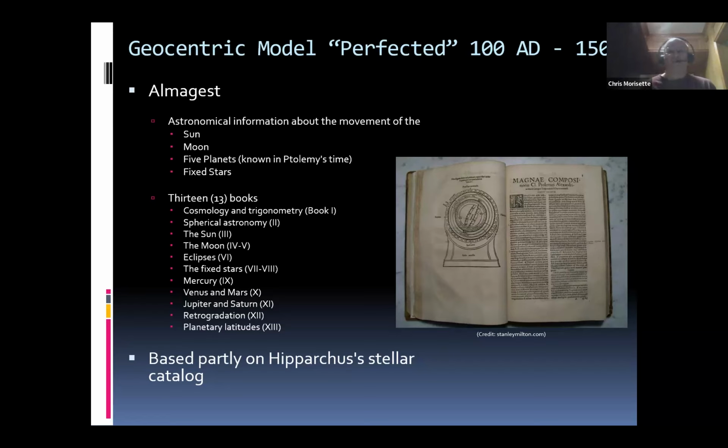So that was the real contribution because while his model may have been flawed, he left a written record of what he did so that others that came after him could use that and really get to the right understanding. Okay. So that was Ptolemy and the geocentric model perfected.